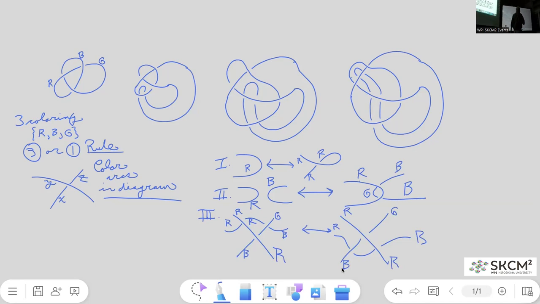And then do I get a compatible coloring here? Well, red to blue has to be green, and green to red has to be blue. So I can just say, okay. It's unique. And similarly going the other way. And this is one case among many, and you could check the other cases yourself and find that it all works out. So this tells you that